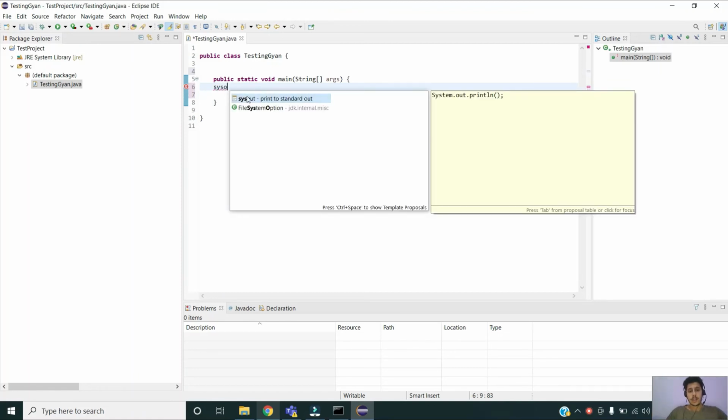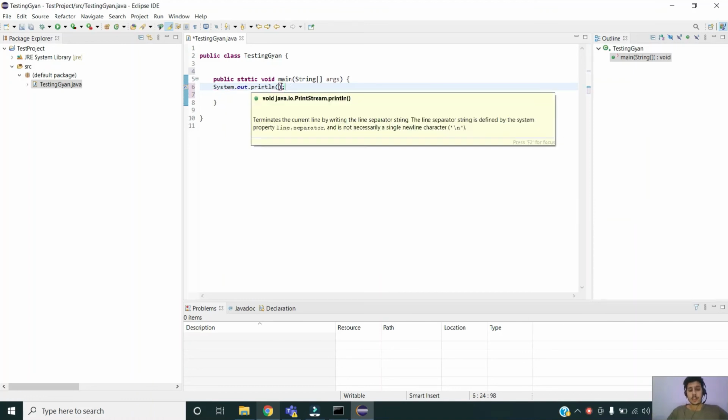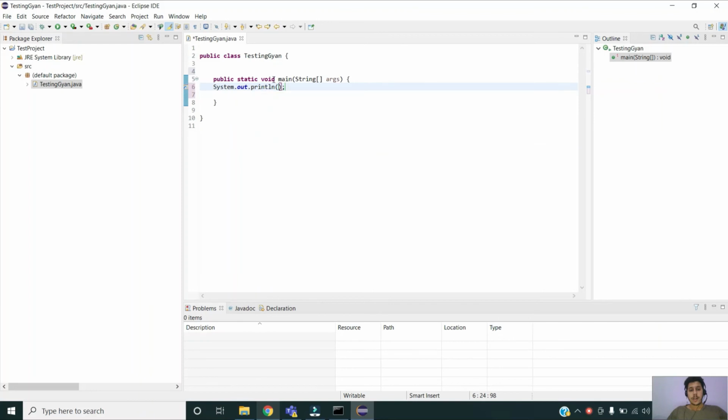As you can see, I simply typed Ctrl+Space on my keyboard, and it showed me the autocomplete feature, and it automatically completed the syntax for me. Apart from that, if there is something wrong in my syntax, it will highlight it as an error, showing me that there is something wrong in this line of code. So this is another feature. I will simply type hello world here. You can see that using the IDE makes programming very easy compared to writing the code in Notepad or some other editor.